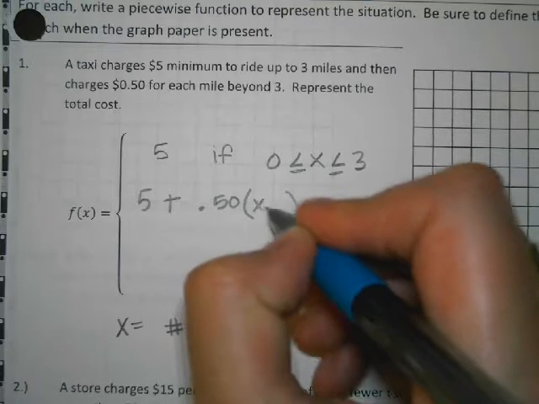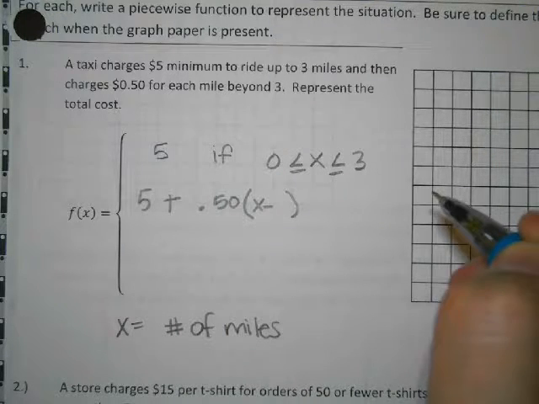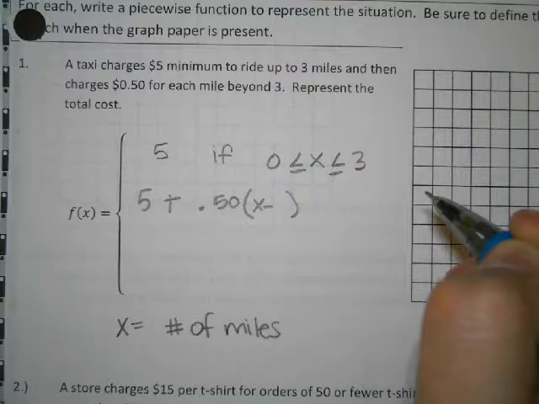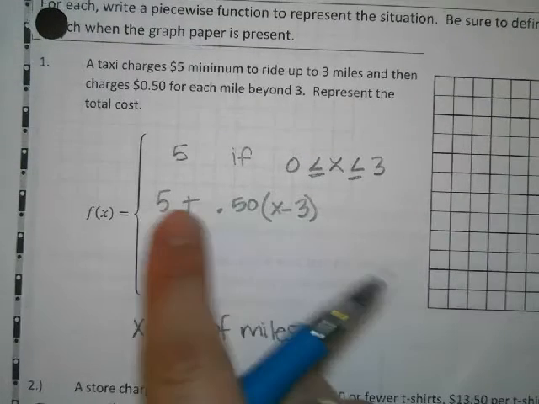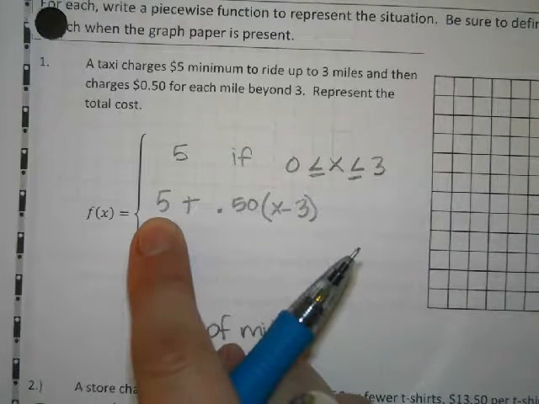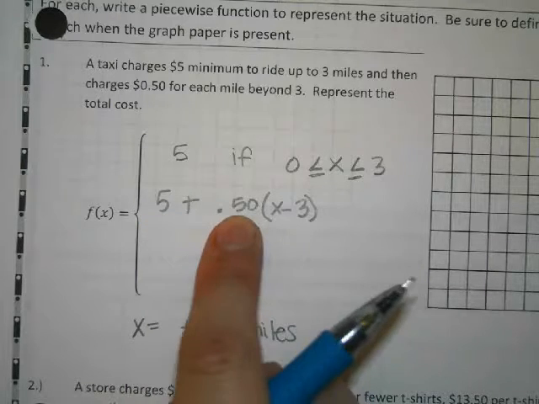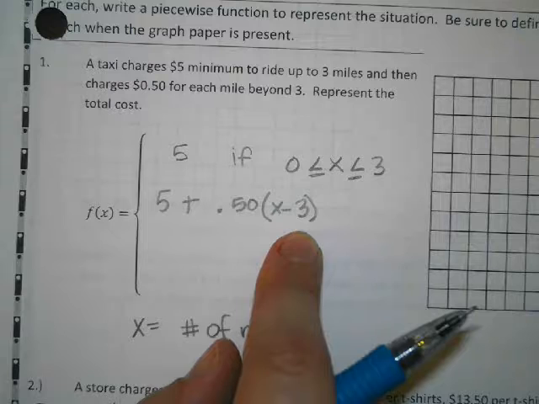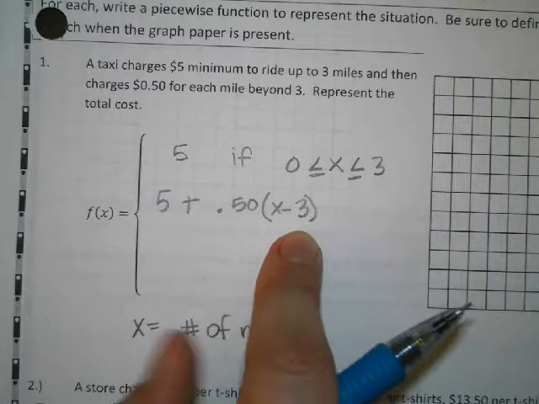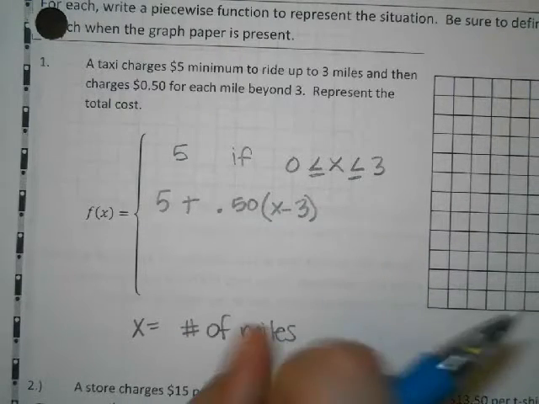X minus 3, because you want to see how far beyond 3 miles you've gone. So if you're going 4 miles, then you pay $5 for the first 3, plus 50 cents times 4 minus 3, so 50 cents for the extra mile. Okay? So we're going to say if